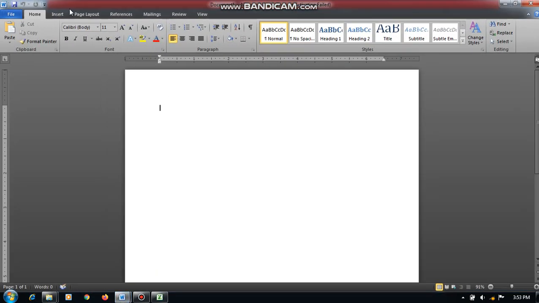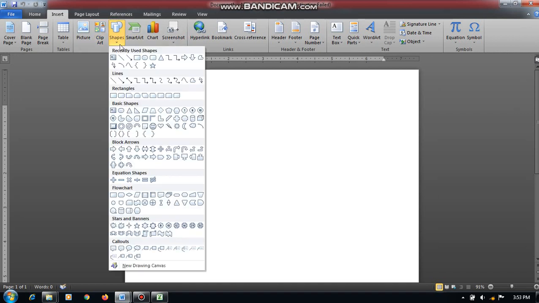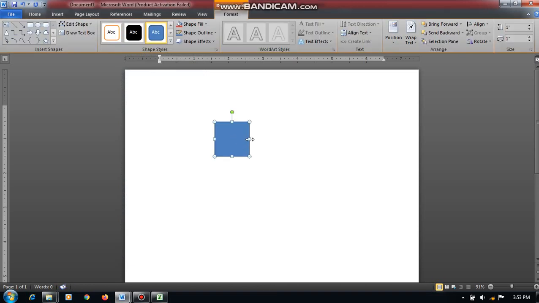We can have multiple symbols for the flowchart, like Insert Shape. This shape is used for input, this is the simple process, and this is the simple flow.